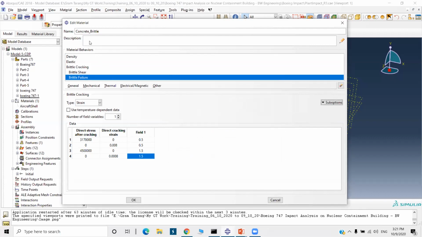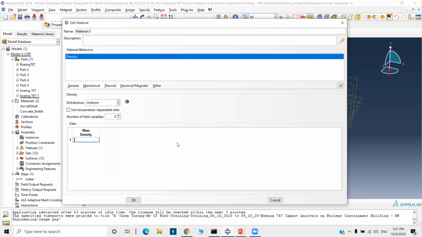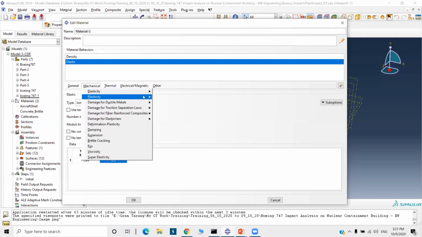Next material, I will not name it. Then Young's modulus. Then we will enter the plastic properties.